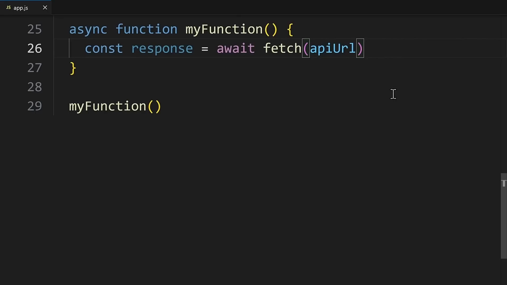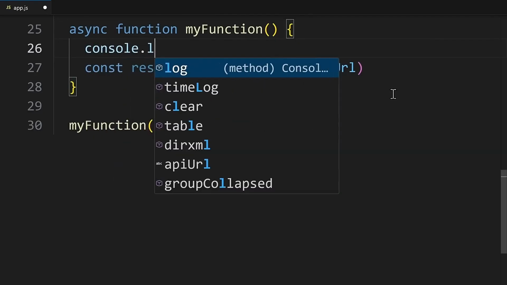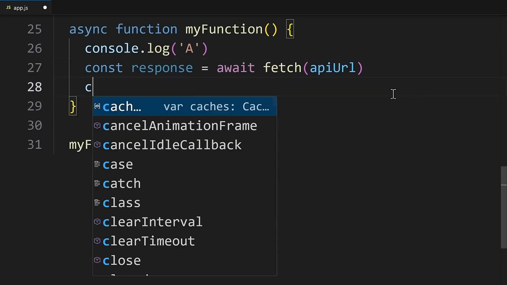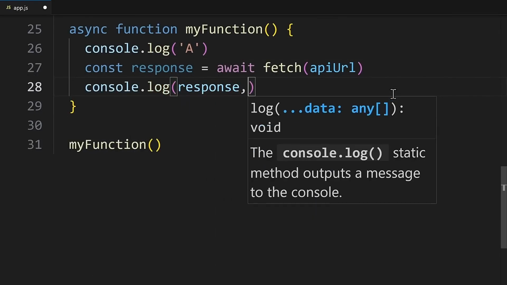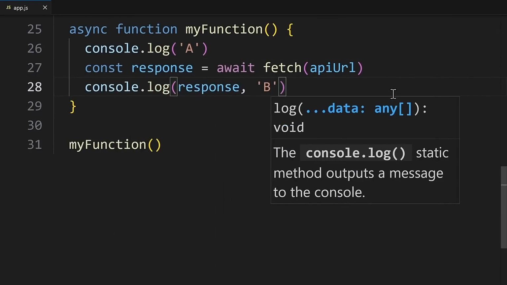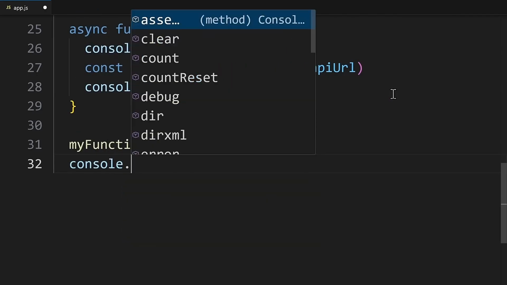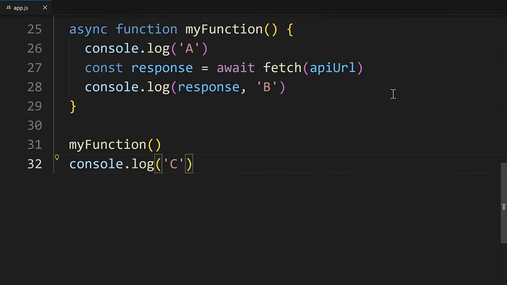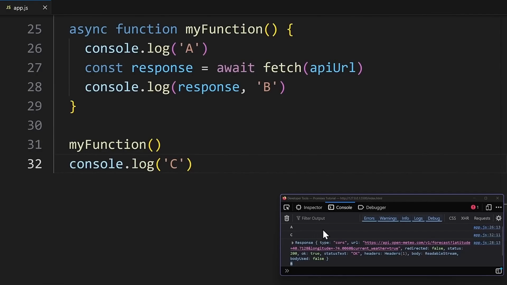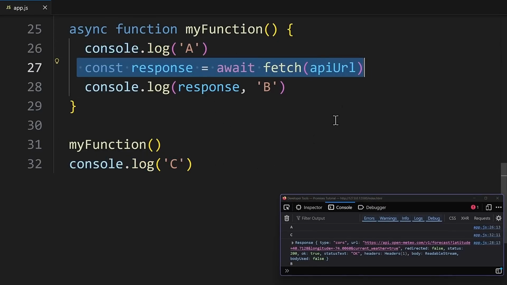Now, an important detail is it does not freeze the whole page or block the main thread forever. It just tells JavaScript, when this promise is done, continue here with the value. So in this example, we have 3 console logs. A is happening before we await the promise. B happens when the promise is resolved. And C happens after the code in the function. But if we test this code and look at the console, you will see the order A, C, B. So while we're still awaiting the value, the rest of the code down here can still happen. So first A happens, then we await the promise, in the meantime C happens, and when the promise is resolved,